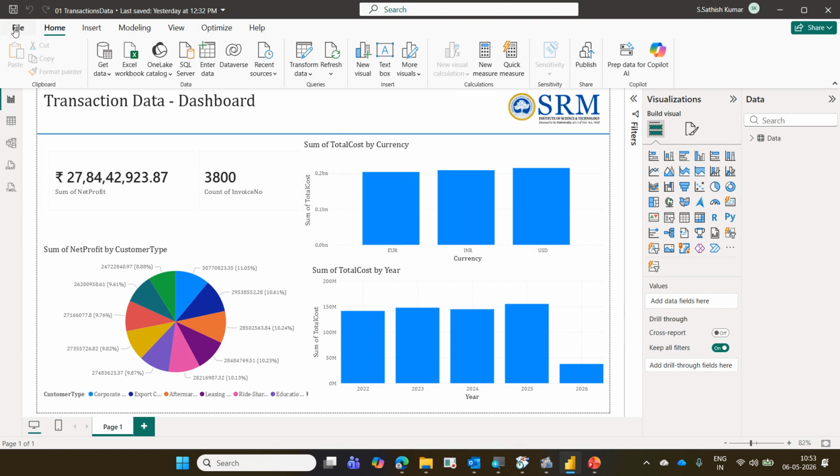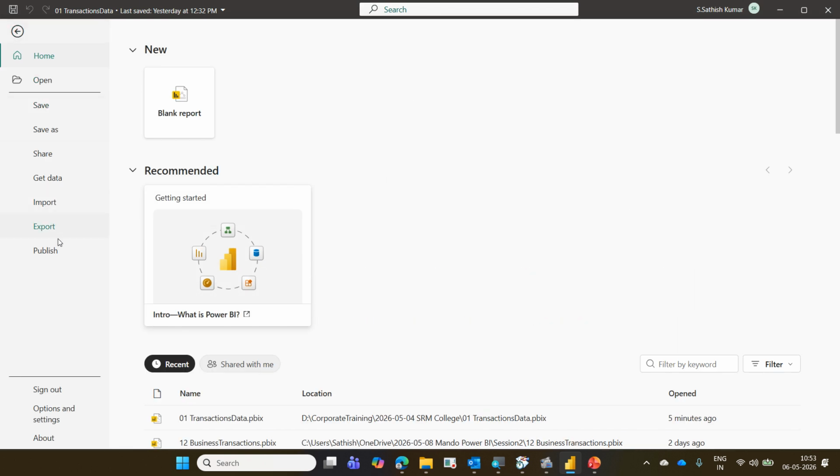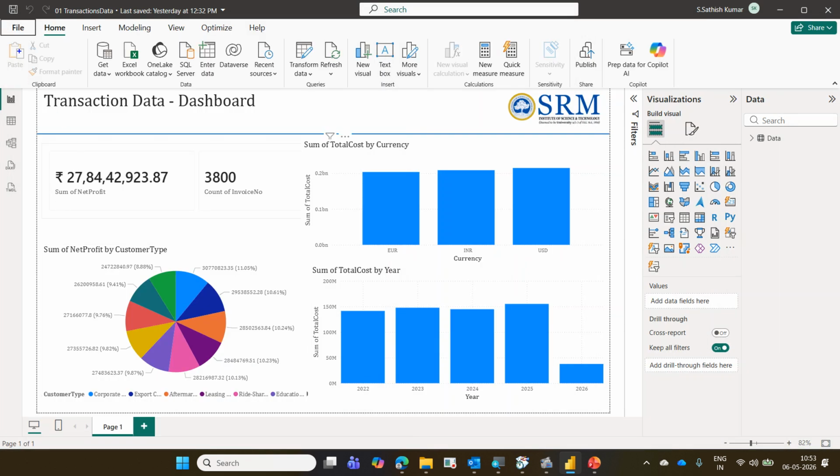Go to File. Before that, as I indicated, you should have signed in and you should have this Wi-Fi connected. Both are available now. Go to File, Publish, method number 1 or method number 2. Under File, there is an option called Publish. You tell me what will happen when I publish it.